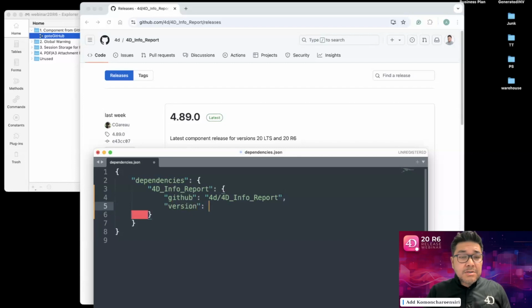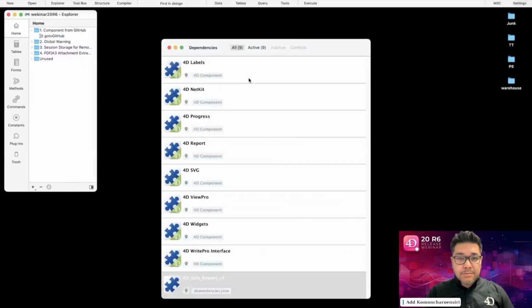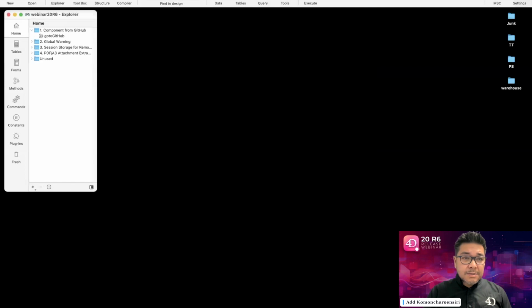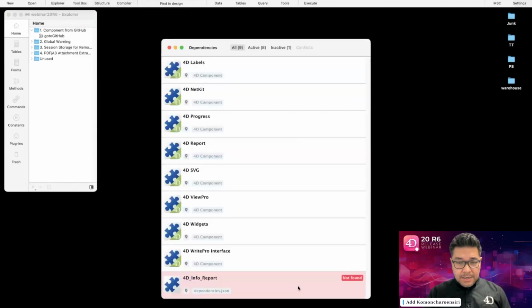Now we are going to be using the latest version, okay? So in this case, we'll just put in star, and that's it. Okay, I'm saving the file. I'm going to hide this screen window as well as the browser. We're going to reopen again this dependency window, and you can see right away that it is now